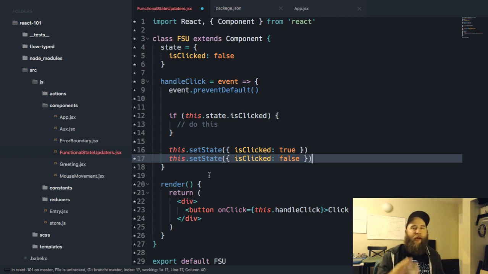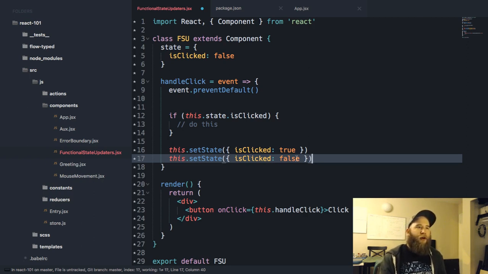Okay. So we have these objects, and we know that they could be problematic. Doesn't mean you can't use it. You just have to understand what's going on, right? If you know that it's async, you know that they're going to get batched together and merged into one object, then you won't get caught off guard when you have a bug because you have something like this, where the same property is getting set multiple times.